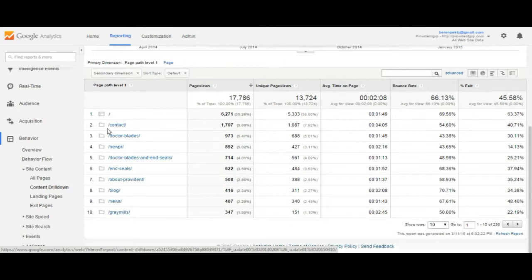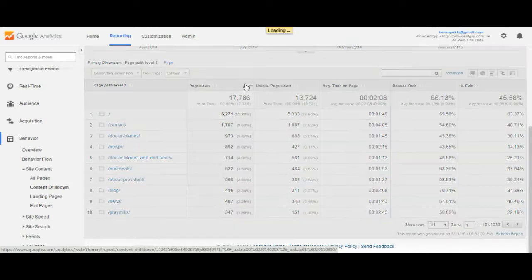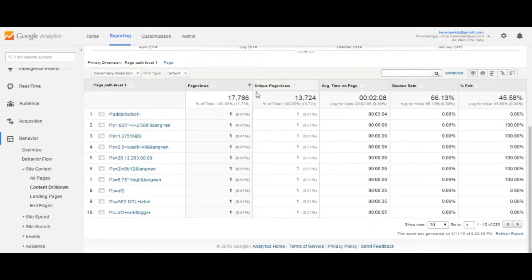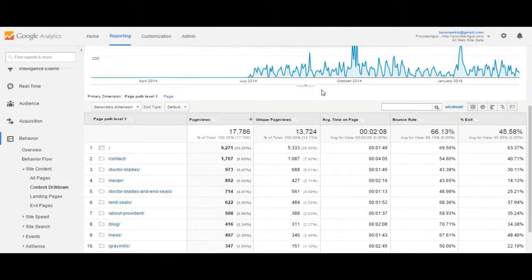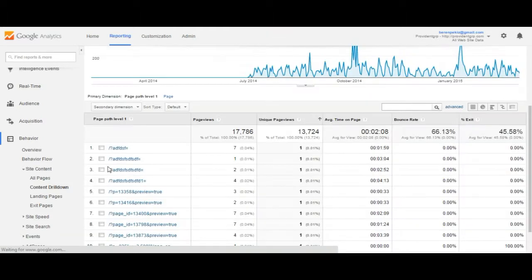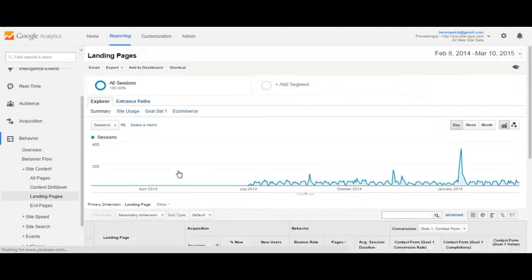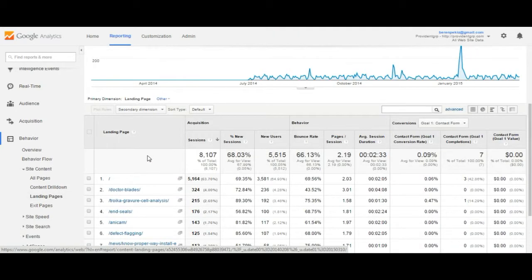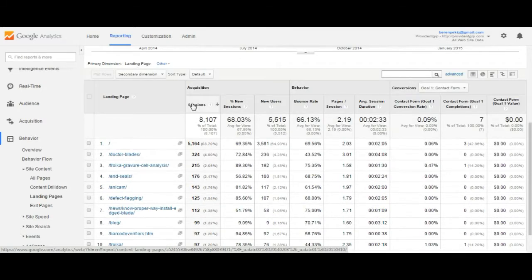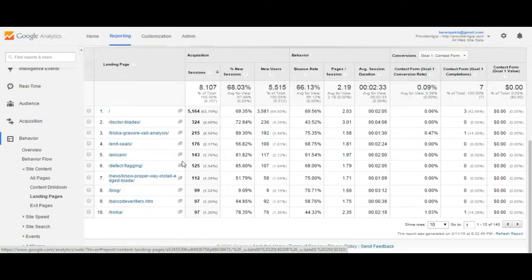So maybe it's going to be easier for you to see it this way. Also, you can always remember, you can sort these out according to which numbers you want to be sorted out. The landing pages is going to show us which page our users went to, which page had more landings than the other pages. It kind of shows us the same